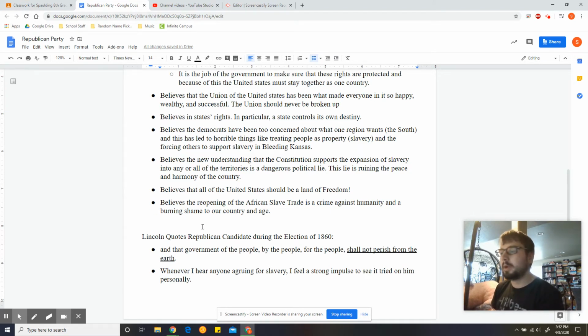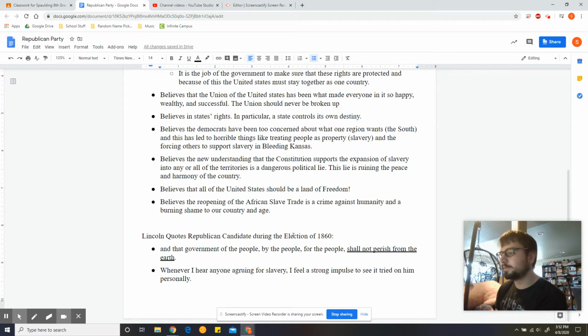The Republican Party believes the reopening of the African slave trade is a crime against humanity and a burning shame to our country and age. Okay, so this idea of reopening the African slave trade, they're talking about some laws that are potentially going to be passed, as well as the new Fugitive Slave Act, all those kind of things. They consider this a crime against humanity and a burning shame to the United States and the age, okay, the time that they live in. All right, now